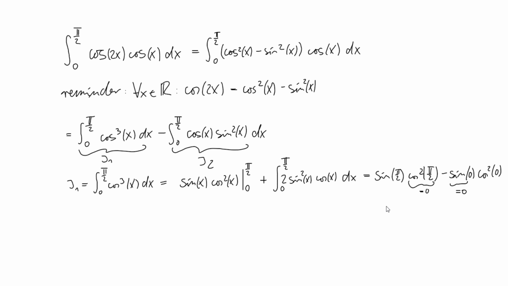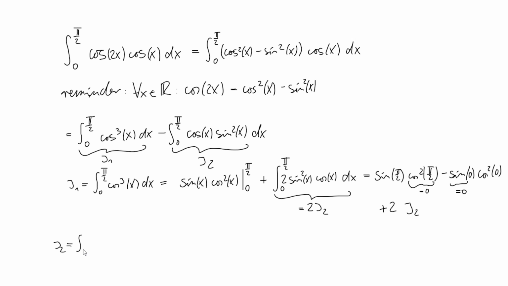And then we add 2 times I2, right? So we have in the end just 2 times I2. So now we can compute I2,